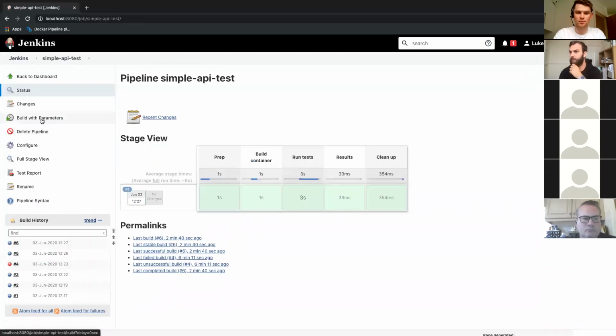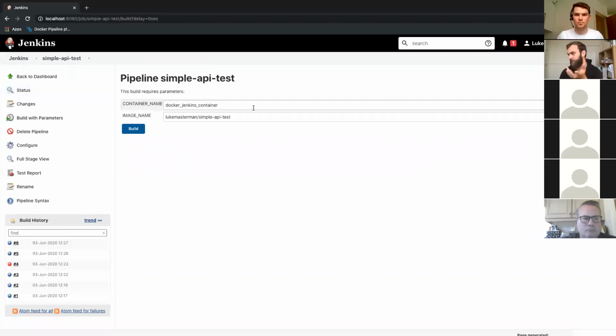So we can run that, and you'll see now it comes up with build with parameters. It does allow you to change these on the fly if you want to. And you can use these parameters for anything. Say if you have test scripts which have environments that you can change between, say, a UAT environment, a sys environment, you may want to add a parameter in there for the environment, and you could pass that to the argument that you're passing at test runtime.